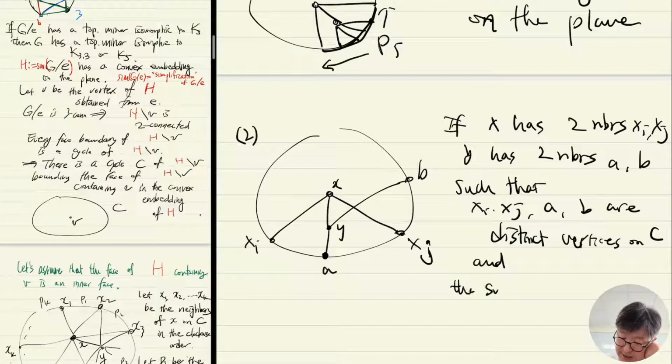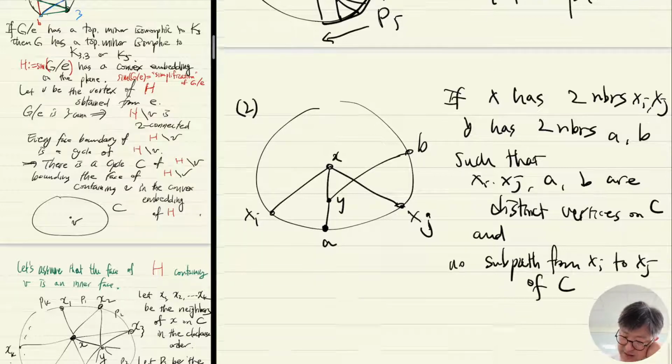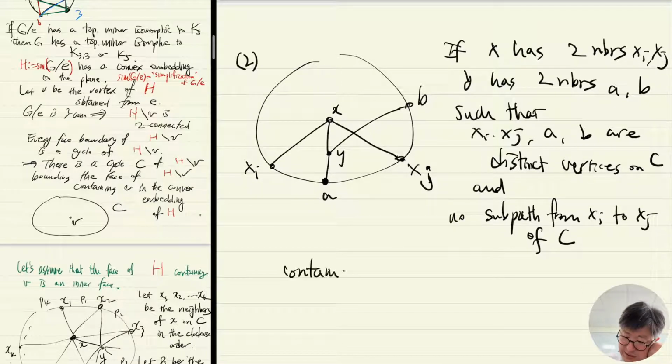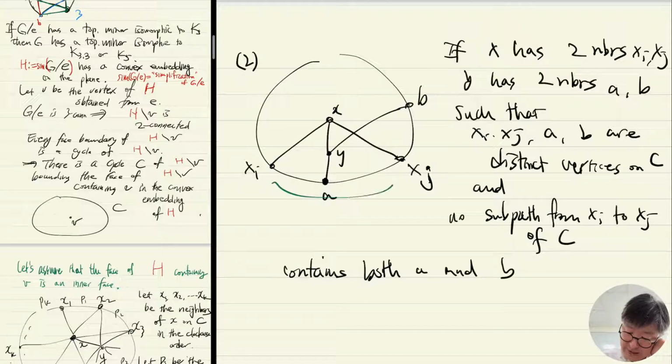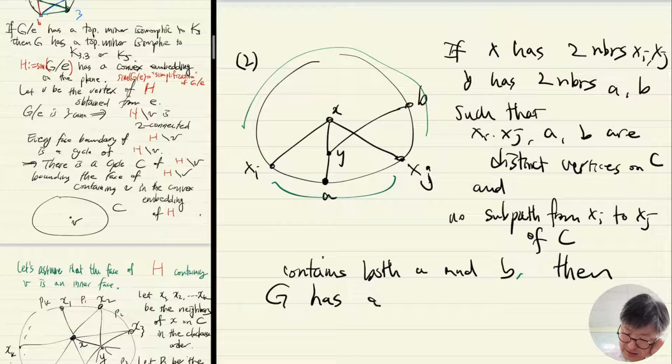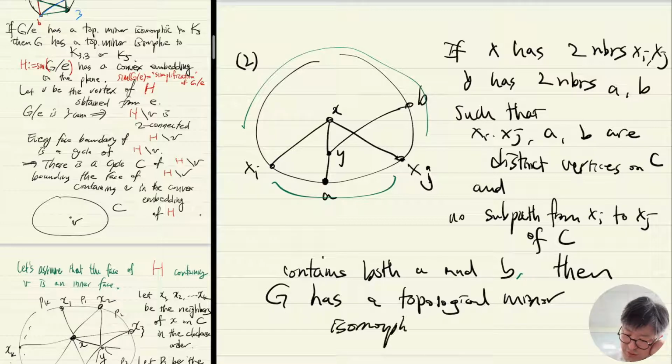The subpath from xi, no, subpath from xi to xj of C contains both A and B, right? So on one side you have A, on the other side you have B. Then G has a topological minor isomorphic to K33. Why? Because